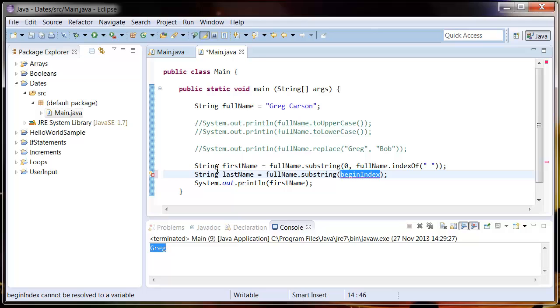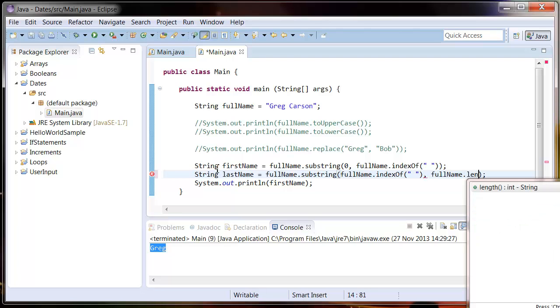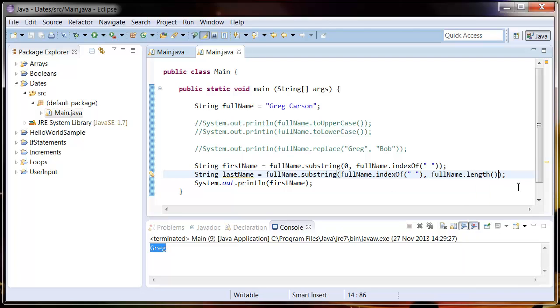So we're going to do the same thing as before and say fullName dot indexOf, and we're going to put a space in there, and then we want it to end at the very end. So just like we did in arrays before, we're going to say fullName dot length, and that's going to return the length of that string, so the number there. So if we output lastName to the screen now,